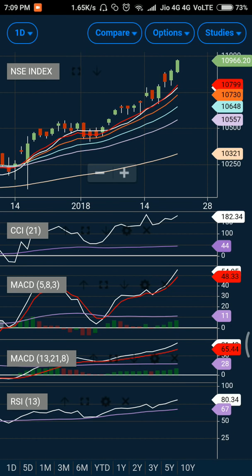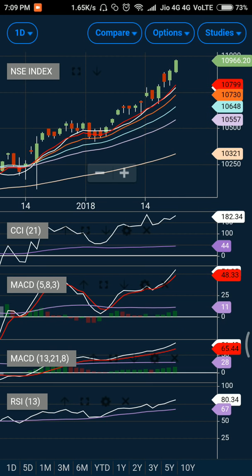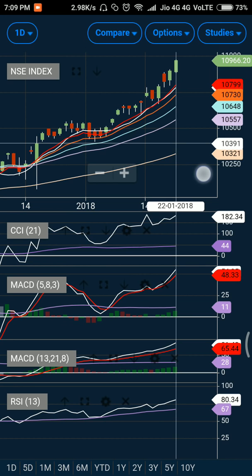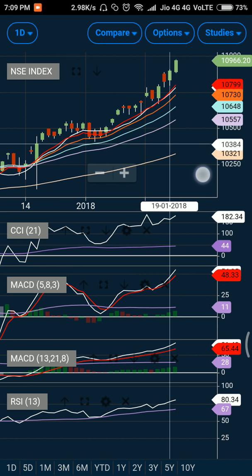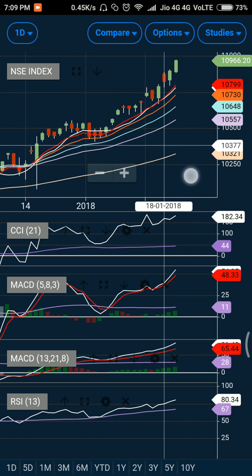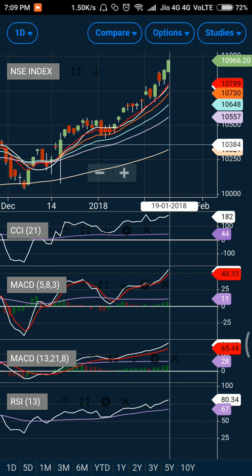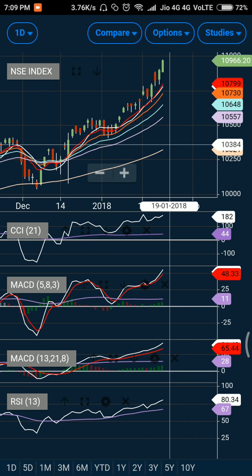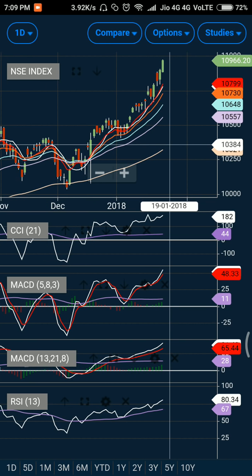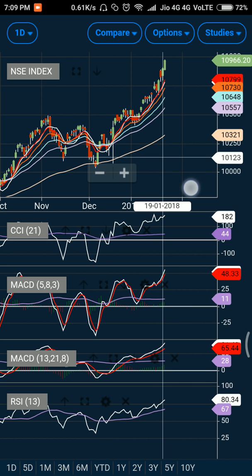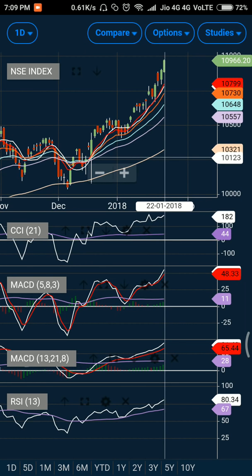So as I have been mentioning in my previous videos, the market can see the 11,000 level in this expiry only, and as you can see, the market has been making new highs each and every time. So what should we do in this kind of market, and how is this market going to confirm whether it will continue its rally on the upside or there will be some sort of pause? All these things we are going to analyze today, and we are also going to see what levels are being targeted by the market participants by analyzing the option chain data.